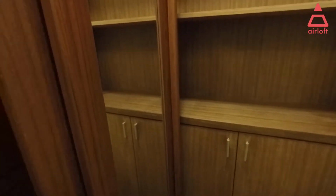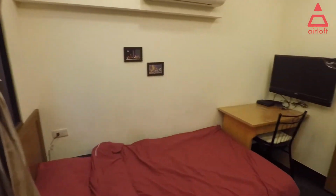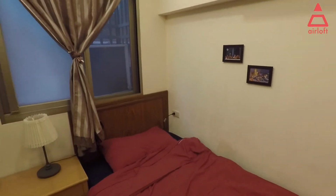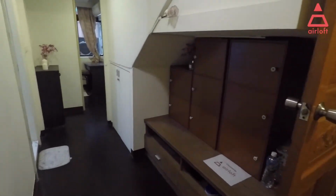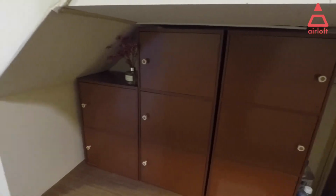closet. It's right here, and with a mirror. And here's some more storage space. Okay, from this angle as well. There are some places for you to put your shoes. So